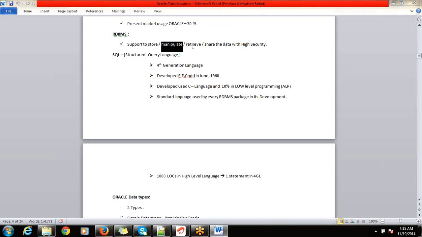The stored data can be manipulated and retrieved, like a select statement which you have just fired. Then you can share the data with high security with other users also.